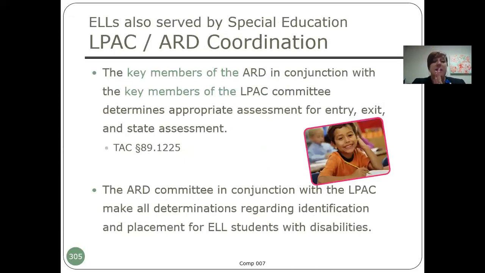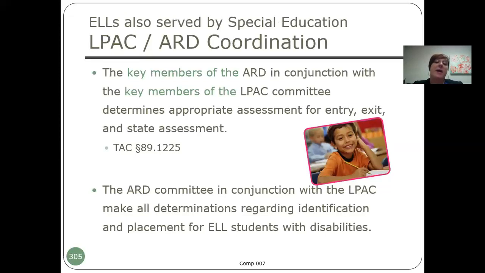So keep in mind, again, we're talking about our kiddos who are ELLs who also are identified as special needs and are going to receive that appropriate special education. It's important to see that our students can be served with both programs, but not to think that just because our ELLs are identified as having language needs, that they're automatically needing special education. That is not the case. So it's a fine line of determining where those designations lie. But it's really important that we work together.